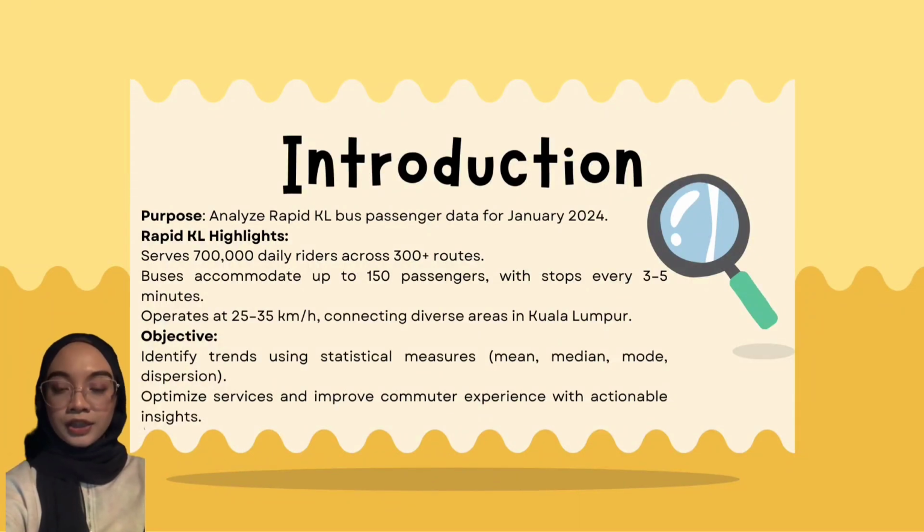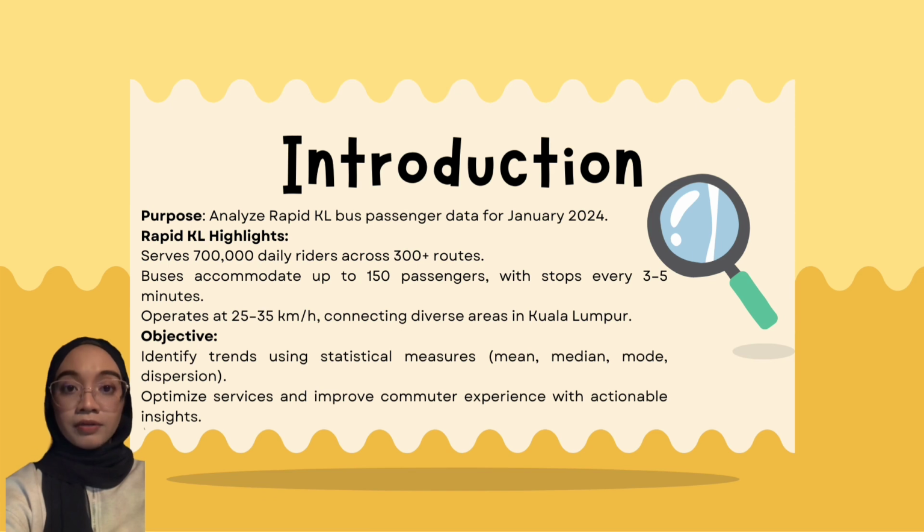So for the introduction, our goal is to analyze passenger data for Rapid KL buses in January 2024. Rapid KL serves 700,000 daily riders across more than 300 routes, with buses running every 3 to 5 minutes at a speed of 35 to 35 km per hour. By examining trends using statistical methods like mean and median, we aim to provide insight that can help improve service